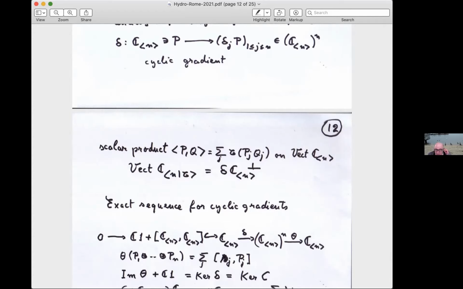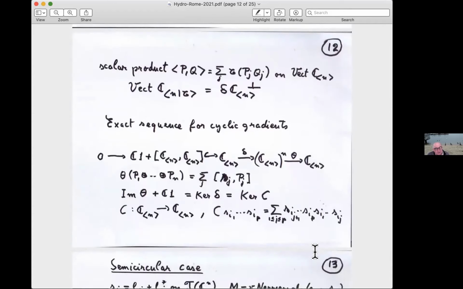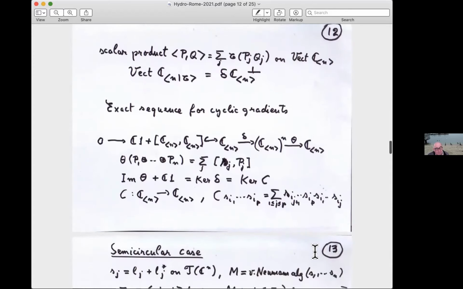So we know that the range of the cyclic gradient is in the kernel of theta. And we have also other relations. We have that the image of the map theta, if you add the scalars, the multiples of the identity, you get the kernel of delta, and it is actually also equal to the kernel of a cyclization map, this map which, when you have a monomial, adds to it all its cyclic permutations of the monomial. Now,